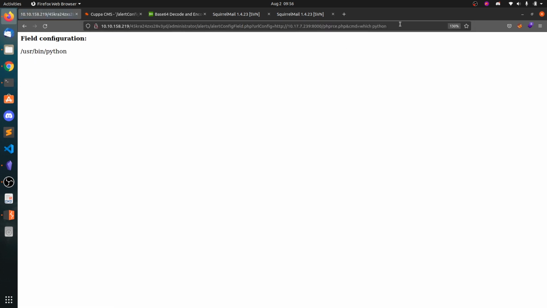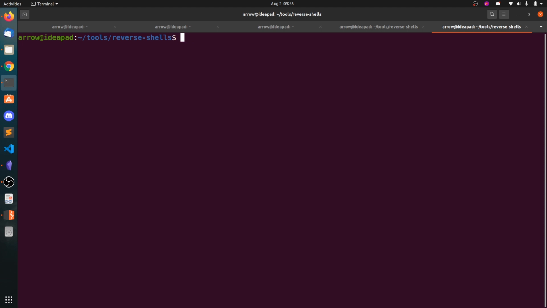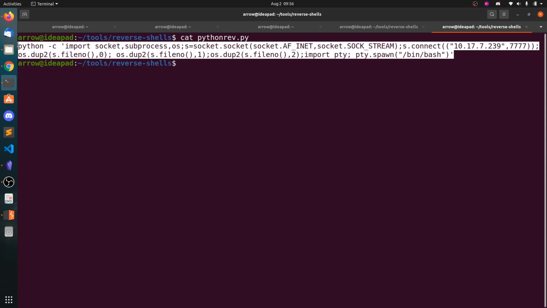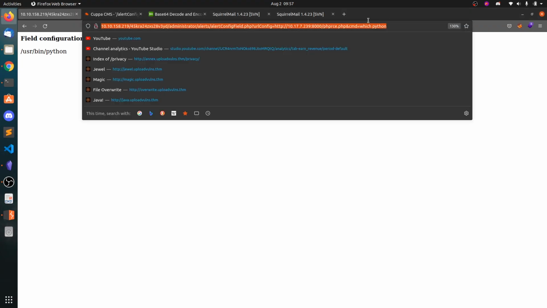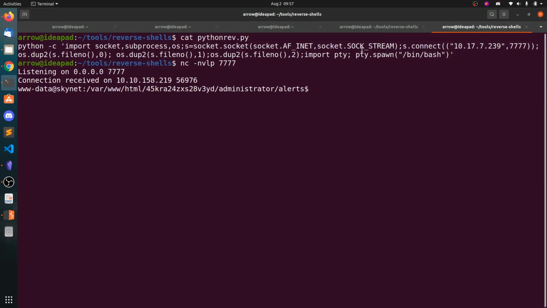So there is Python 2. So you can grab a reverse shell from Pentest Monkey. So now instead of which python, you can paste the reverse shell code here, and you will get the connection.